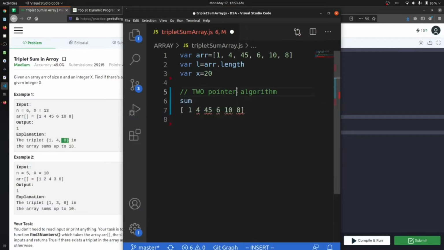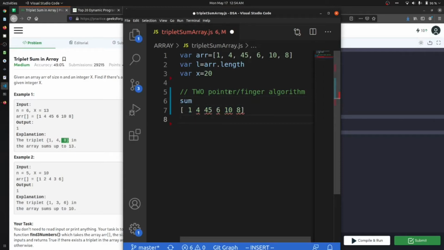Two finger and two pointer algorithm are the same thing. You have to find two numbers from this array that add up to a given number.